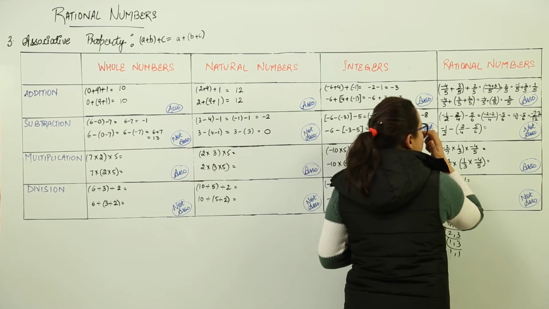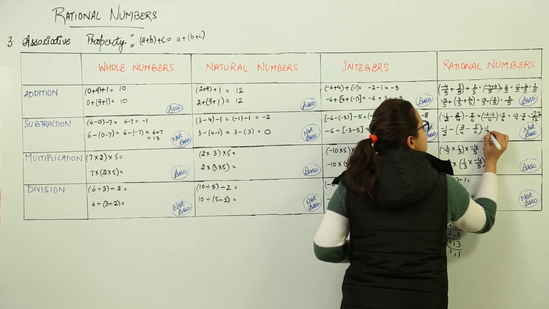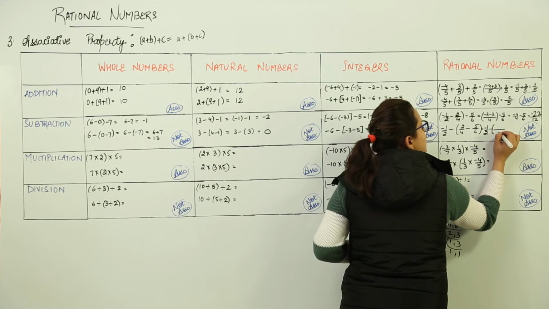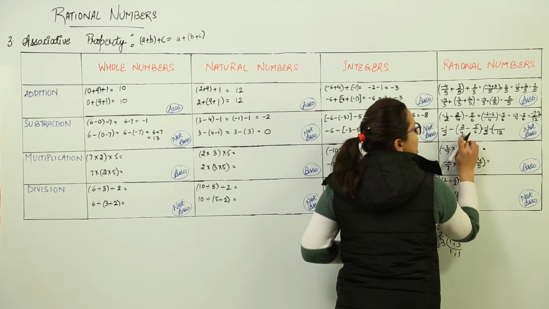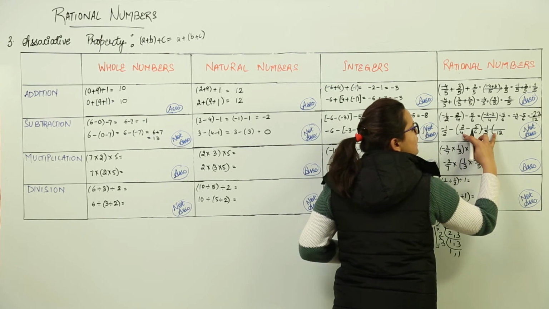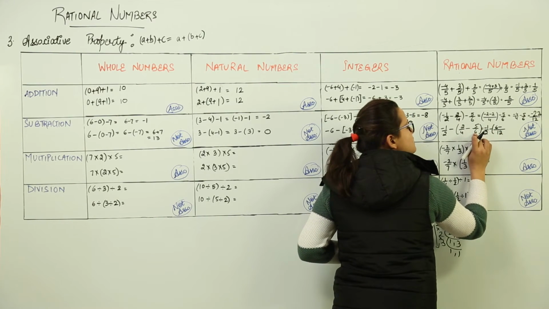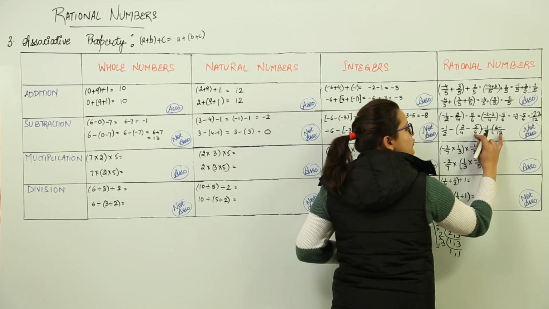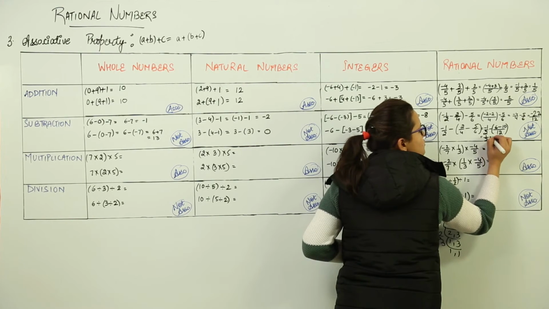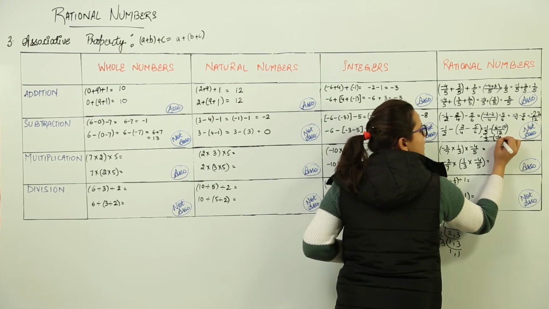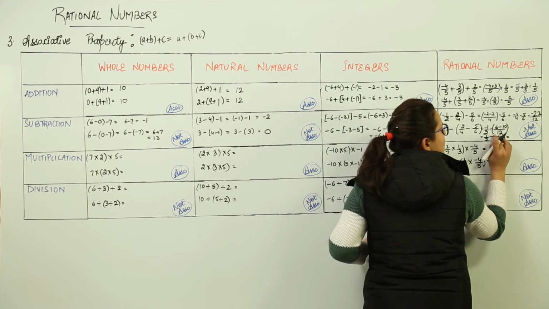Similarly, if you reverse the order and check, we'll first solve the bracket part first. So let us try taking out the LCM of 4 and 6. We already did. That was 12. What is 4 multiplied to get 12? 3. 3 into 2, 6. Minus, what is 6 multiplied to get 12? 2. 2 into 5 you get 10. Now, if you solve this, 1 by 2 minus 4 by 12. What do you get? This minus minus becomes plus. So, I'll write here plus.